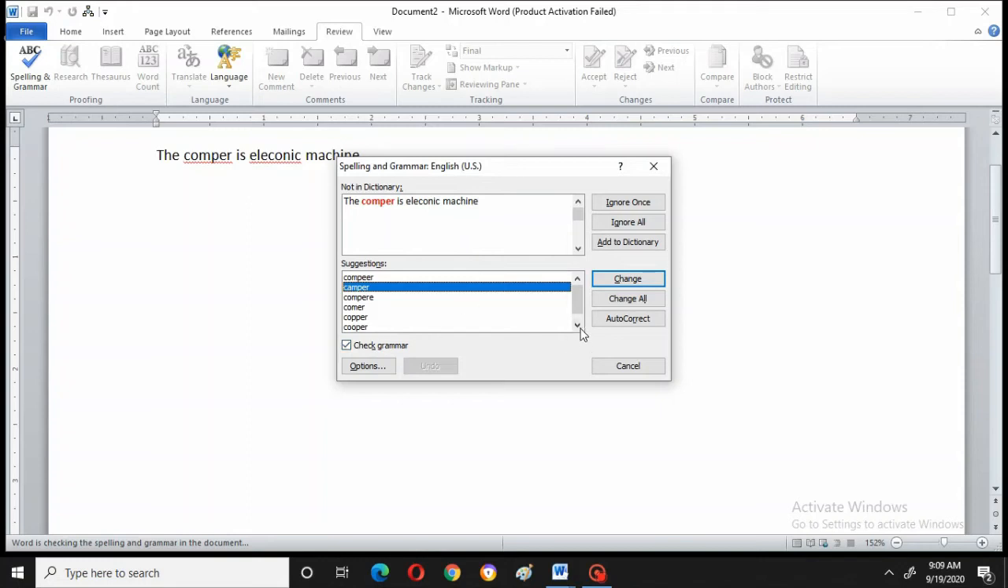Can you see here? See, many words are there with that C. So it is asking whichever word you want, you can take it. But what I actually want is computer over there. So if I say ignore, it will ignore. If I say ignore all, it will not at all take into count that total sentence. So what I will say is autocorrect. Or if I say change,